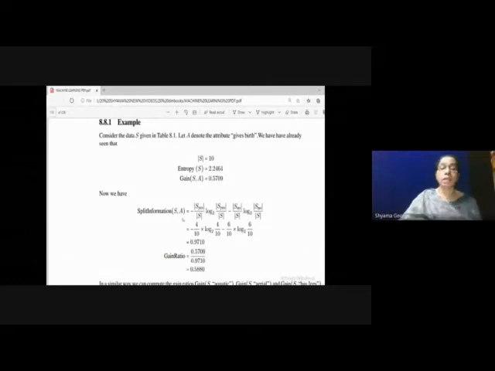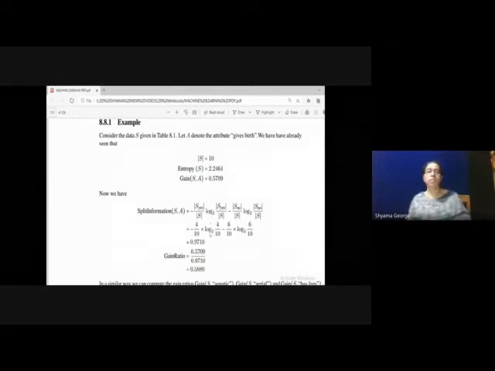So the values are yes, yes, and yes, no. So the split information is minus |S_yes|/|S| log 2 to the base |S_yes|/|S| minus |S_no|/|S| log 2 to the base |S_no|/|S|. So we know that there are 4 samples with the value yes. So minus 4 by 10 log 2 to the base 4 by 10, minus, there are 6 samples with the value no, that is minus 6 by 10 into log 2 to the base 6 by 10. So in split information, only the distribution of values are considered, not the class labels. So that is the difference between split information and gain.